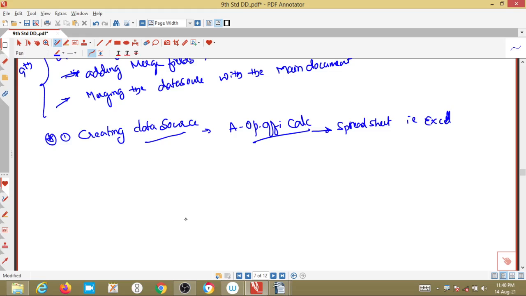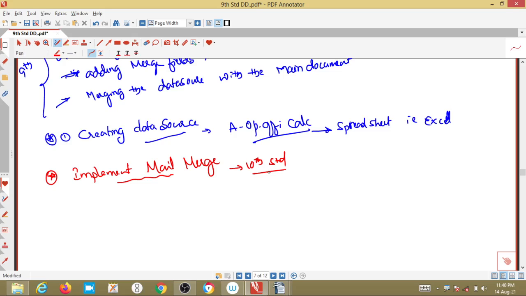In today's class we will see the topic called implement mail merge. This is for the 10th standard students.